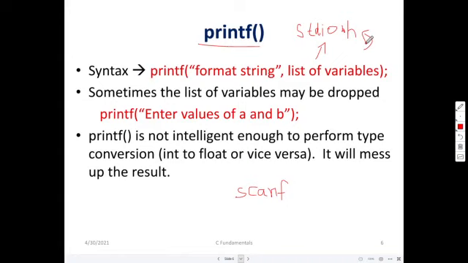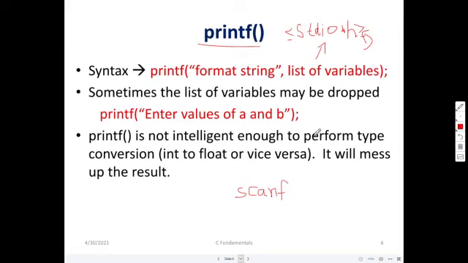Okay, so this is called the stdio.h header file, and this has to be included in angle brackets like this. So these angle brackets tell the compiler that this hash include is a pre-processor directive.